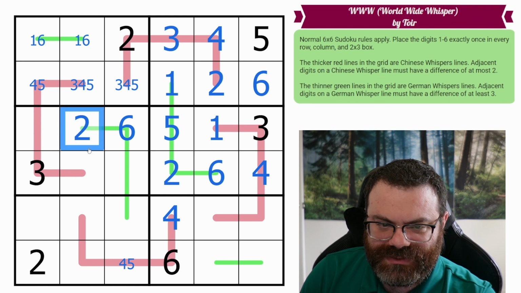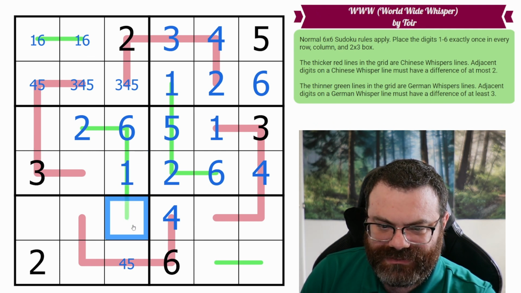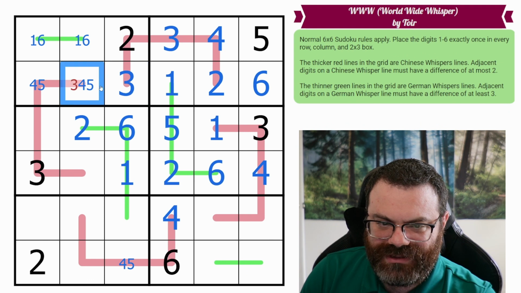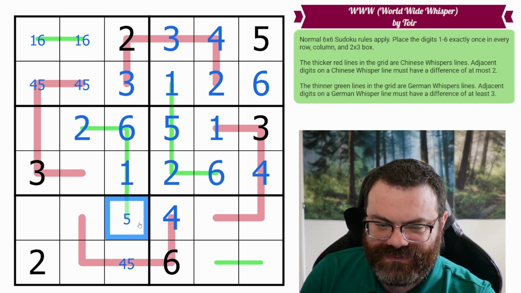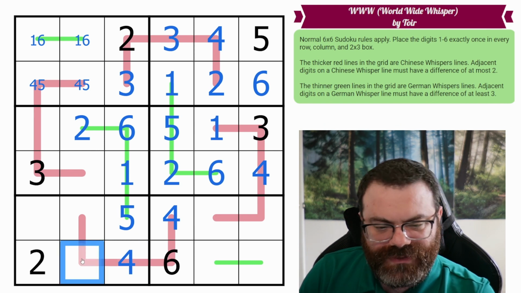Okay, so that's 6, that's 2. So this has to go down to 1 because it can't be 2 or 3. And then this has to go back to 4, 5, or 6. So it can't be 3. So this is 3 for the column. This is 5, this is 4, because it sees a 4. From the 4,